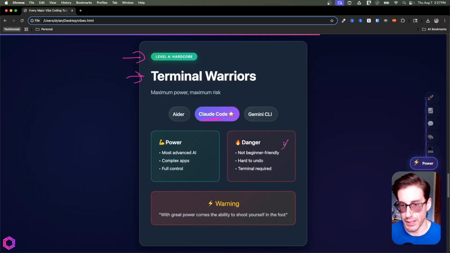And that's one of the dangers here: it's not beginner friendly, mainly because it's based in the terminal. There's a lot of configurations you need to do and a lot of tools and commands you need to understand to get the most out of the tool. But with that being stated, if you know how to use this tool effectively and you can configure it in a way that's useful for you, then this is likely going to be one of the most advanced options that you will have access to build very complex applications with minimal errors by the AI when it's